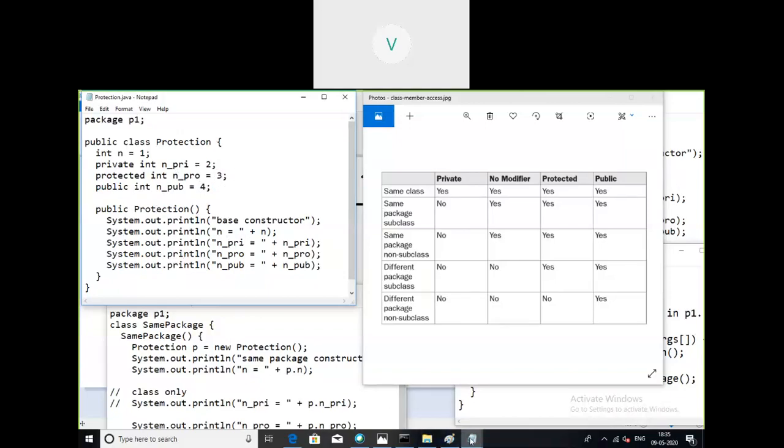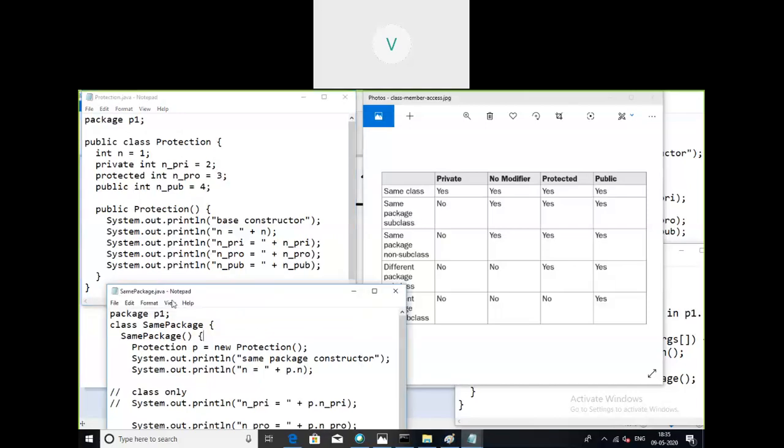Then coming to the same package and subclass, that is the derived class. Take an example of the derived class.